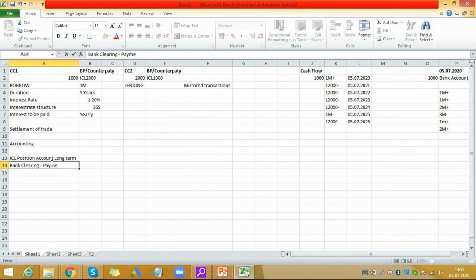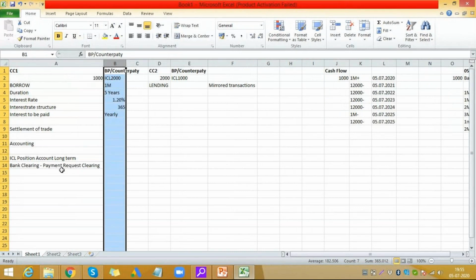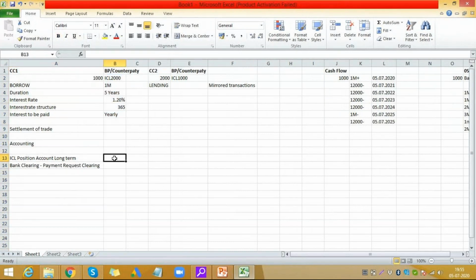I'll tell you the reason. This is the first transaction that will be hit. So basically, when this is 1 million, this becomes your credit, and this becomes your 1 million debit.